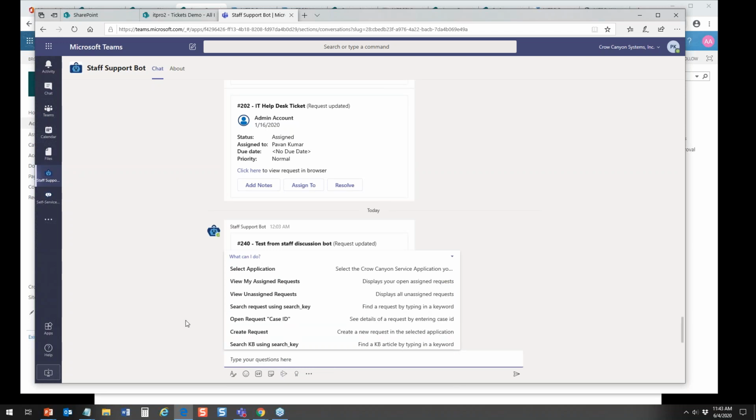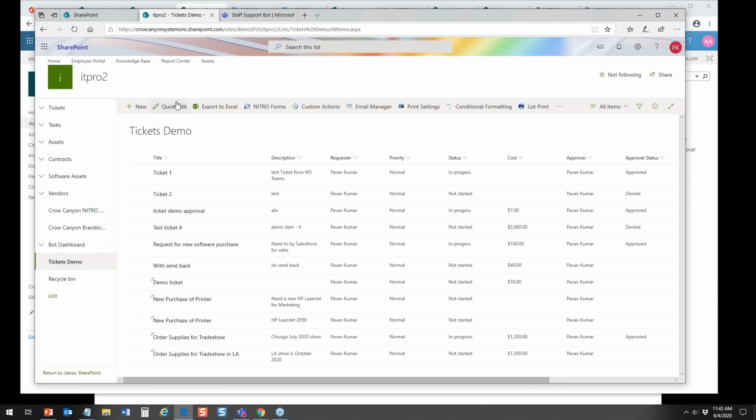And pretty soon we're going to have the ability within, let's say you have an IT support channel in Teams, you can query and say, what's the status of case number 1234? Who's working on 1234? And it'll give you back that information because it's querying the back-end list. So Teams is becoming more and more the front-end portal, through these bots that we're creating, for the back-end system. Okay, I hope that's clear that there's a SharePoint-based list with all the functionality and custom actions and workflows,